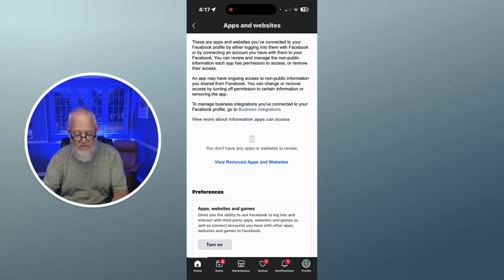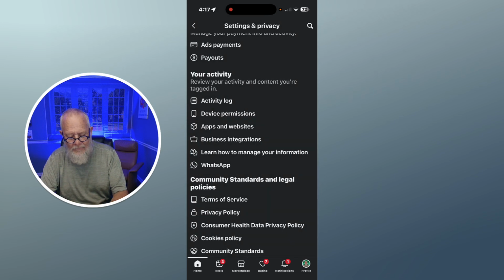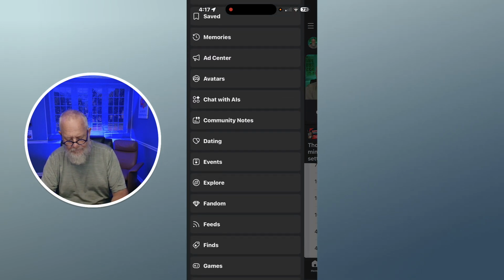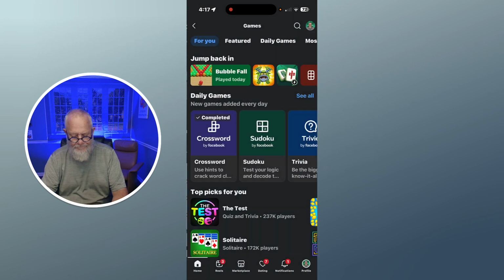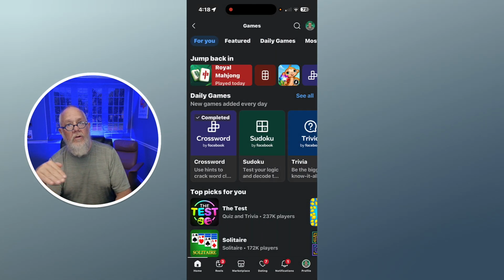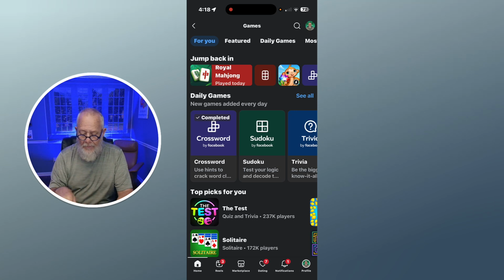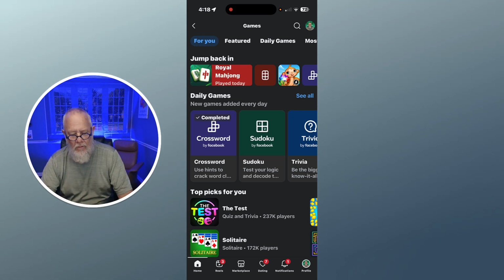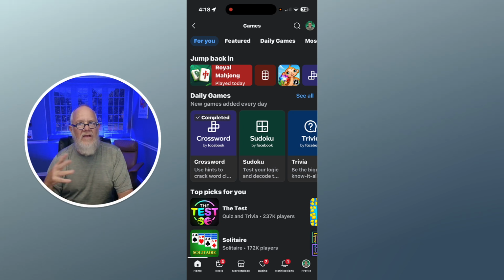So now I've adjusted that, removed those 2 games I have, and now if I go back to games, we should see, where's games? That they just went away because I'm no longer connected to them. The only thing that shows up on the top are games that are actually played within Facebook. They're not third-party exterior to Facebook. Bottom line,